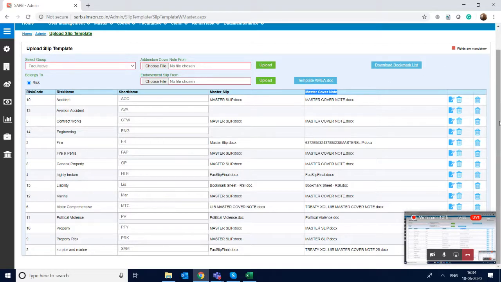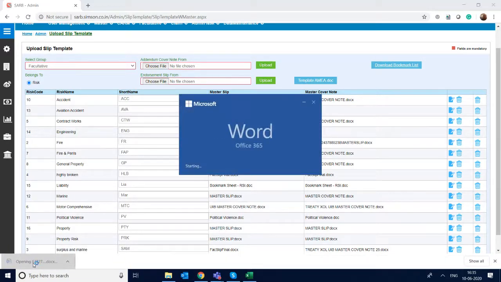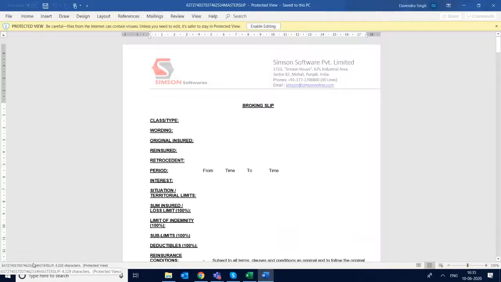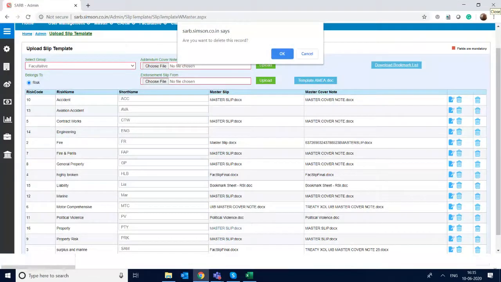To upload the slip template, we will use, say, property. I download this slip template. Or let's delete it. Let me create another slip template.